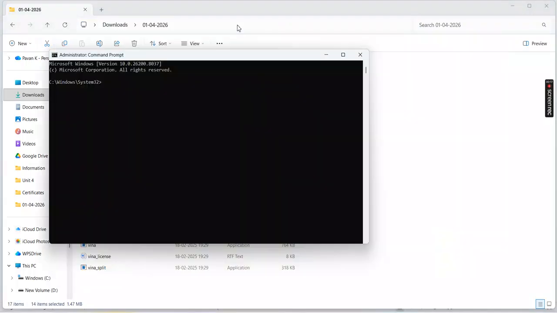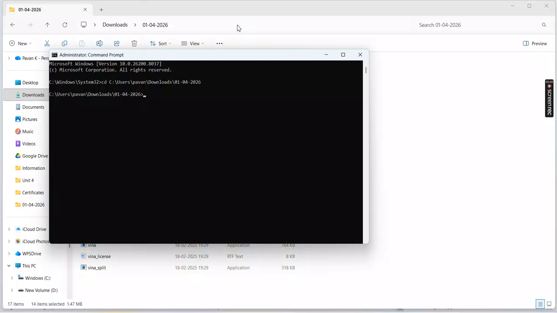Now come to this command prompt. Here you have to type cd in small letters, space, paste the path, then click on enter. Okay, now can you see where the arrow mark is present? Beside the folder name, not down. Before that, the arrow mark was beside System32. Now the arrow mark is beside the folder name. It means we are working in the folder now.